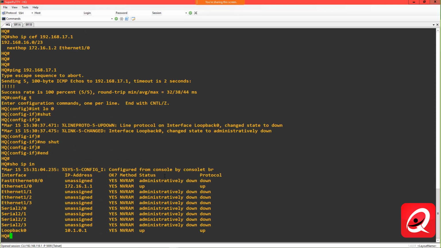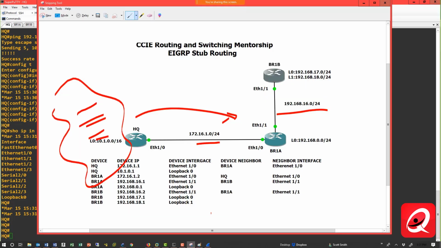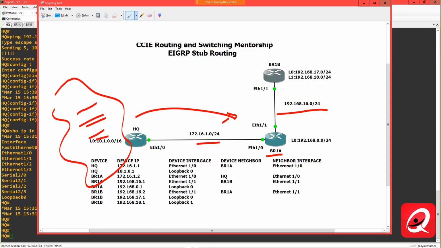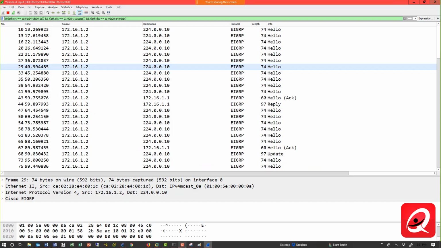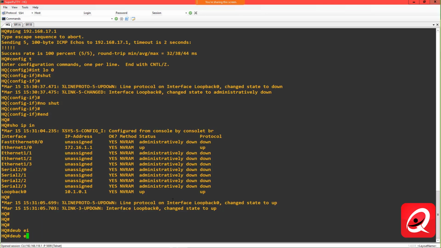Show IP interface brief. Let's make sure I'm shutting down the right one. Okay. So I'm going to do this two different ways. I'm going to go into BR1A as well, and I'm just going to do a quick debug. Actually, I'll do the debug on HQ. So debug EIGRP